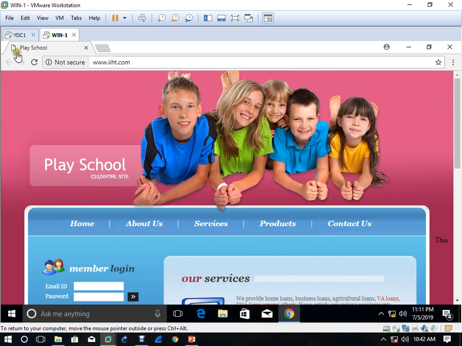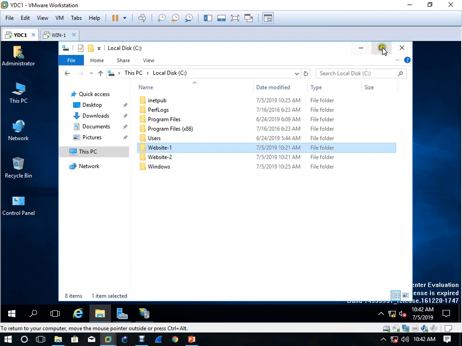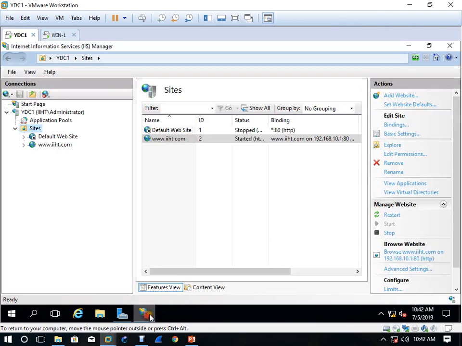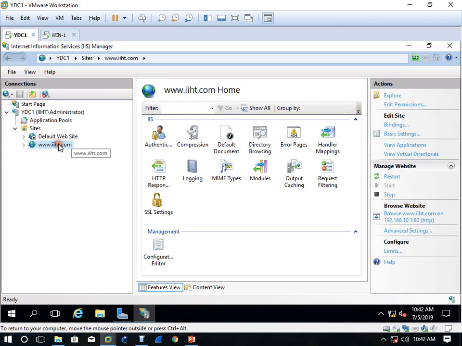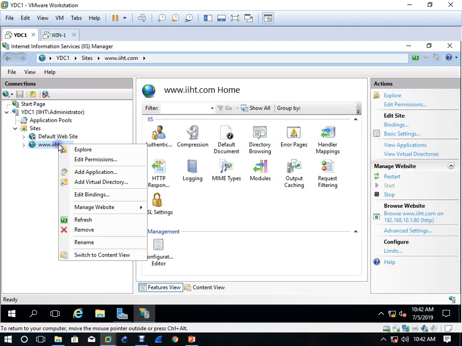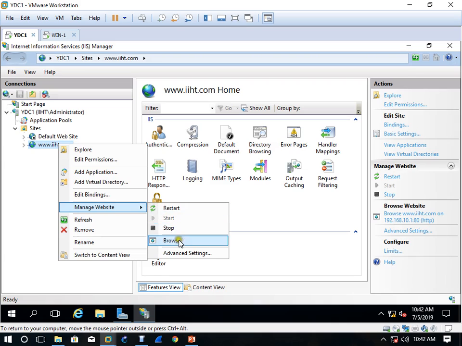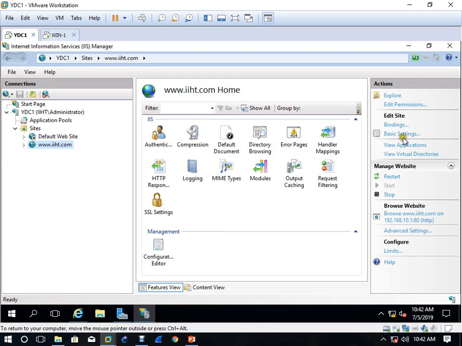Even here in the server, if you open this one, this is the website running, right? Right click, go to manage website and browse it. Before deploying, you browse and check if it is working on your local system, then it will work on another system, then you can deploy.